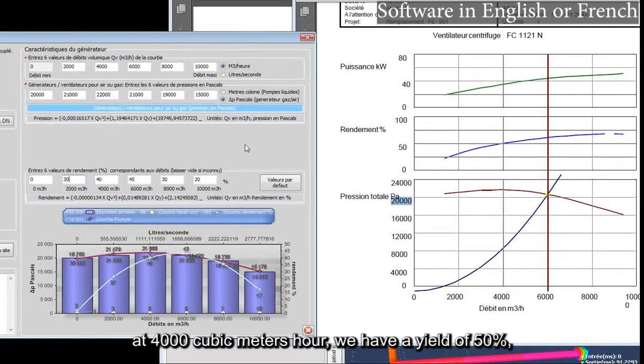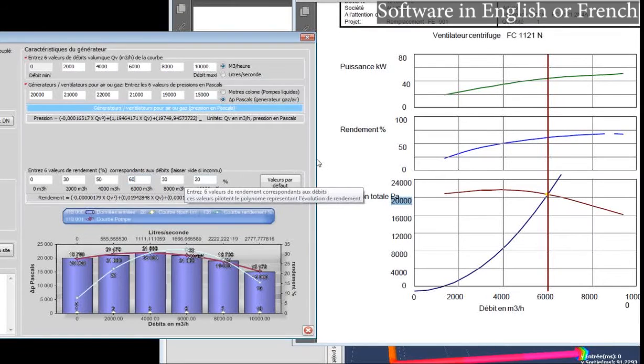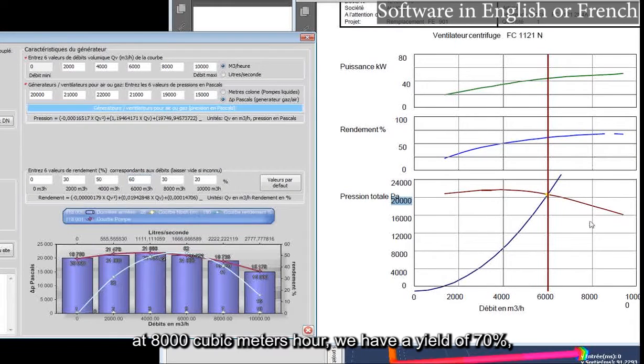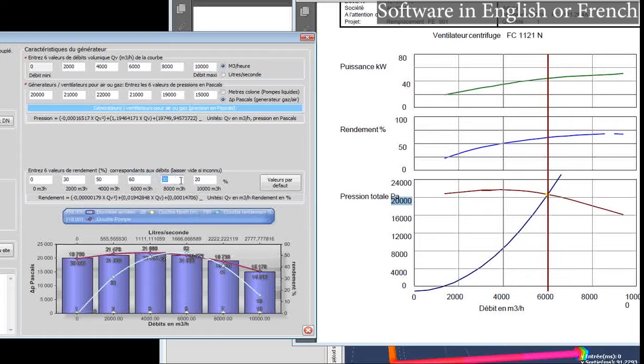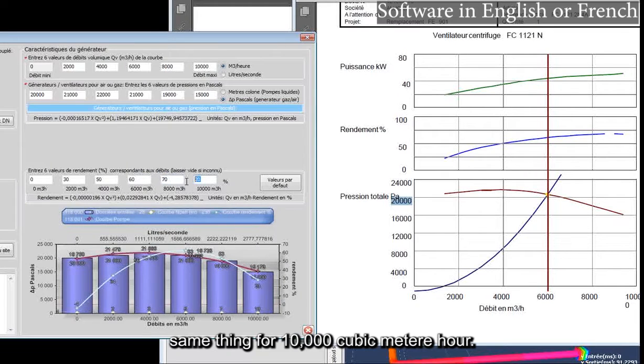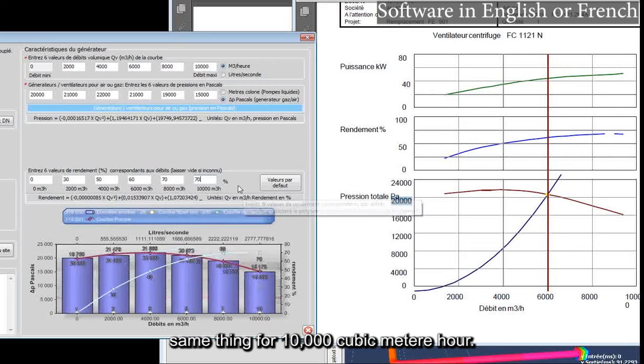At 4,000, we have a yield of 50%. At 6,000, we have a yield of 60%. At 8,000, we have a yield of 70%. Same thing for 10,000 cubic meters per hour.